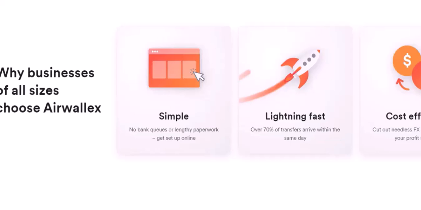And that's essentially it. From initial sign-up to setting up your multi-currency wallets, the process of getting an Airwallex account is designed to be relatively straightforward. Just remember to have your necessary identification documents ready and follow the on-screen instructions carefully. Taking a few moments to understand the platform's features will also set you up for success in managing your